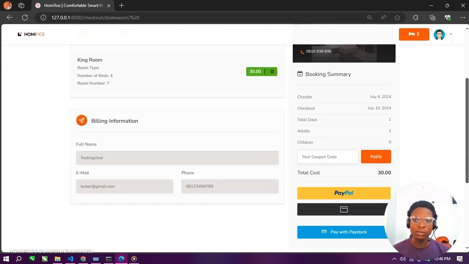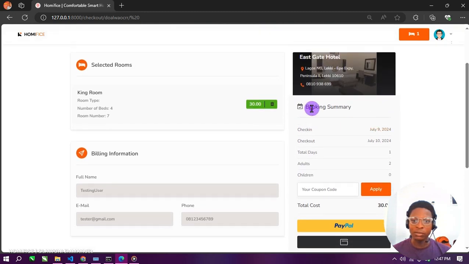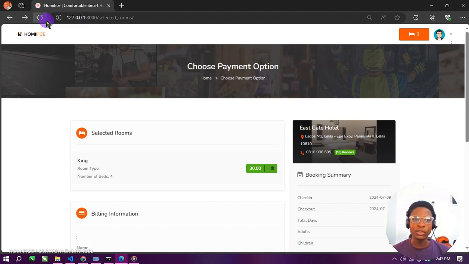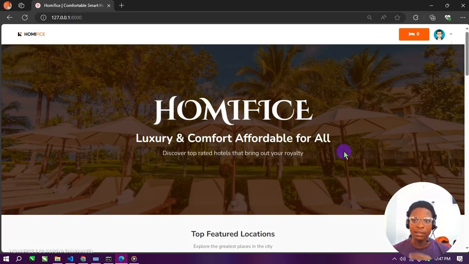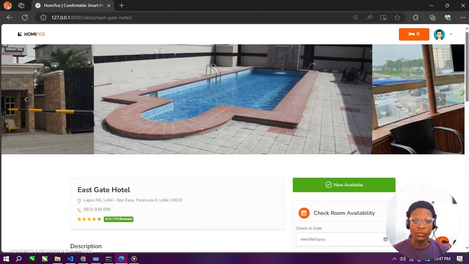Continuing to check out, it takes me to a page where it's still showing me the booking summary and showing me the billing information, which cannot be edited here. If I decide to delete this, it can be deleted, and if I refresh here or click delete, as the room has been deleted, I will need to go back. If I click this now, I do not have any room that is selected, and then I can select a new room,